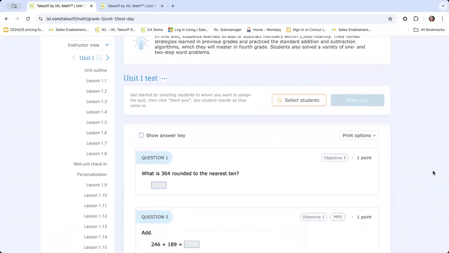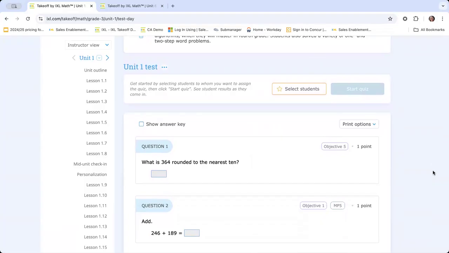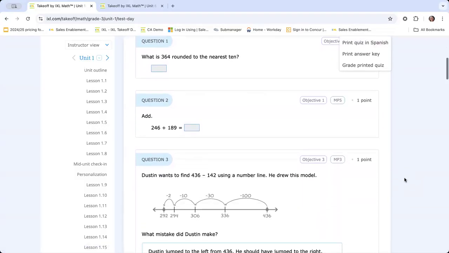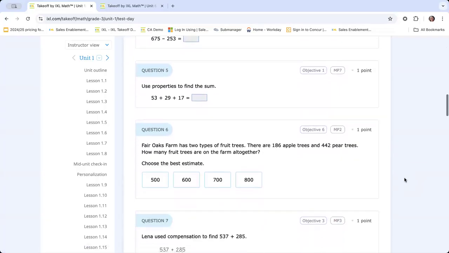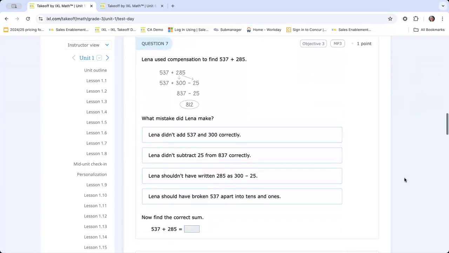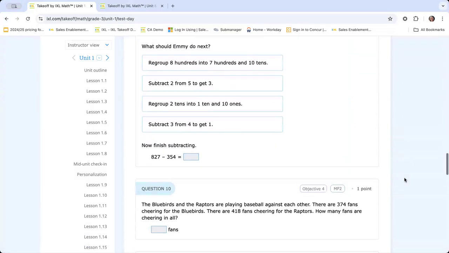Each of these assessments includes tech enhanced standards aligned assessment, and the data here will fuel that personalization day, which we talked about being one of the most unique features of Takeoff. The assessments can be administered online, paper and pencil, and they're also available in Spanish. So I'll scroll down a little bit here just so that you can see the variety of question types. And then once students take this assessment,